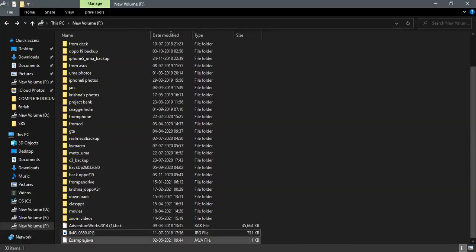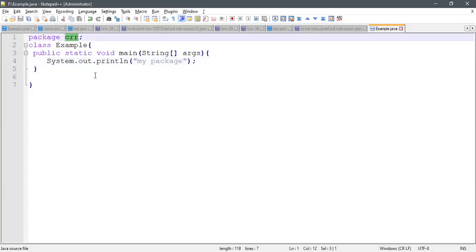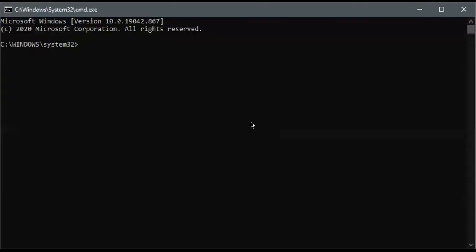Yeah, see this one. It has been created over here. So inside this, the name of the package is CRR. So if we run this program, this class file is going to be stored inside the CRR folder. Again, I'm telling you this class file is stored inside CRR. Okay, let me run this program. How to run this program? We already discussed that.